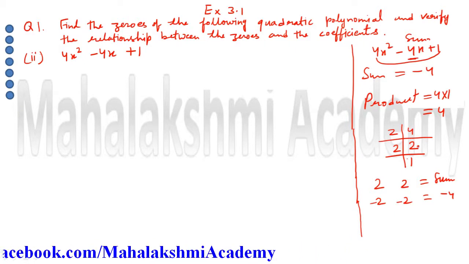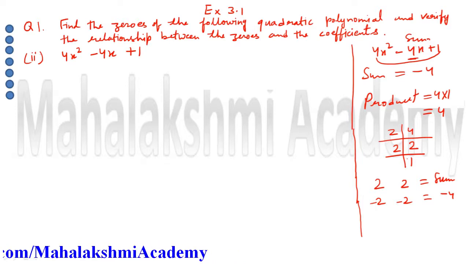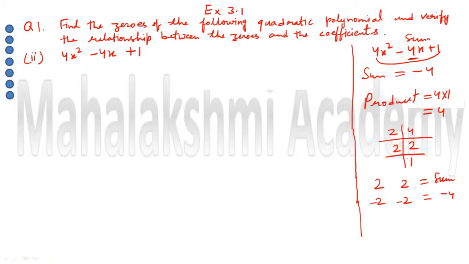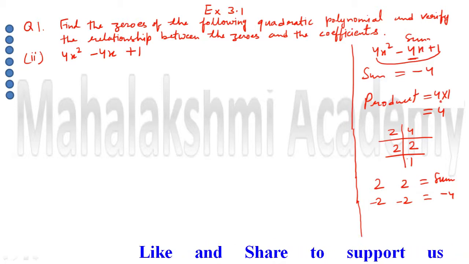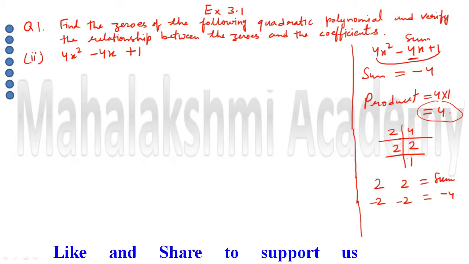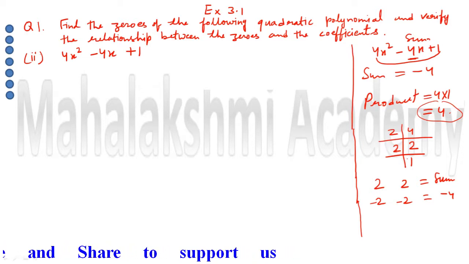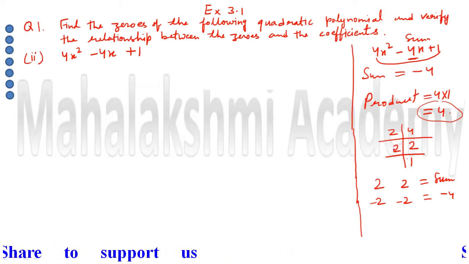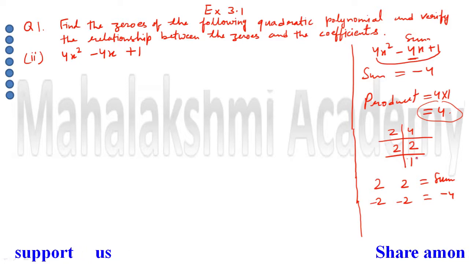How did I do it? First, I arranged the polynomial in decreasing order of their power. If it is already arranged, no problem, but if it is not arranged, you must arrange the polynomial in decreasing order of their power. After arranging, the middle term's coefficient is named as the sum and the product of extremes is the product, just write it down like this. Whatever the product is, you have to factorize it, and with whatever factors you get, you group them and then achieve the sum.